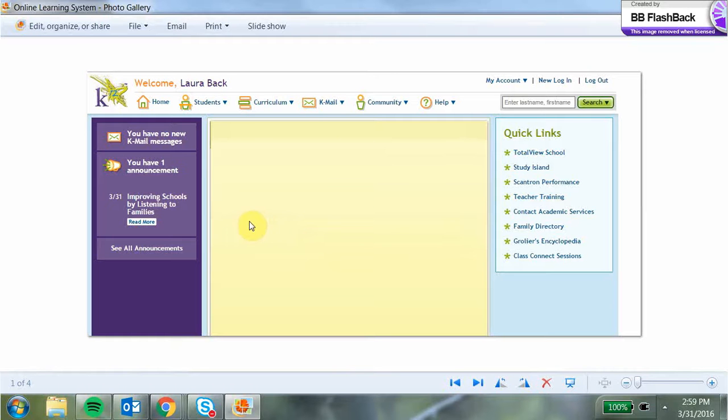The ClassConnect session will look like a link. It will say Mrs. B's red class or Mrs. B's blue class, and that just depends on what time you're in class, okay? It will also tell you what time the class starts and what time the class ends. So I'm going to go ahead and show you what it looks like when you try to go into class,